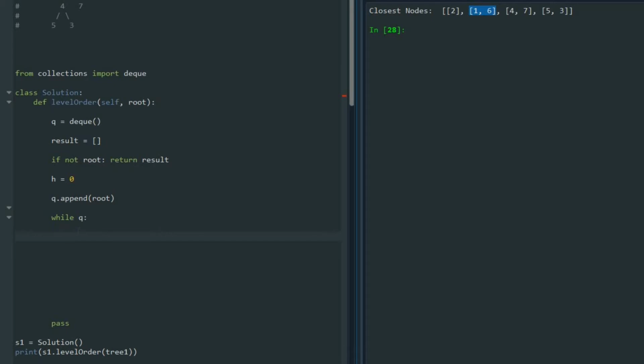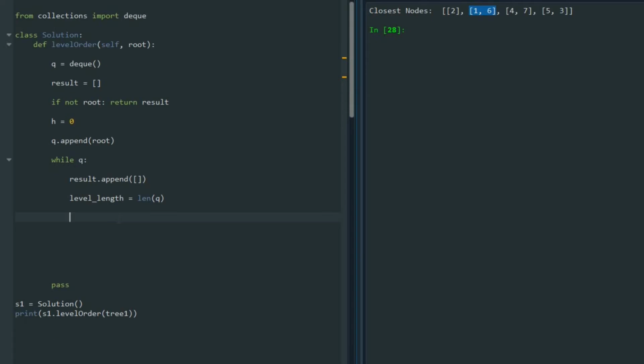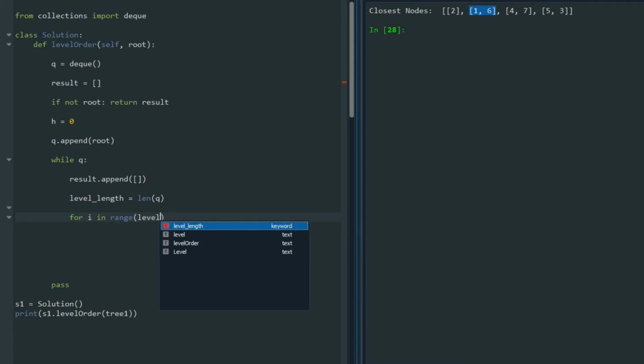I'm going to create an empty list for that specific level, so I say result.append an empty list. Then I need to know the length of that level that I'm going to visit. So I say level length equals length of queue. Okay, now we go for a for loop to search around it and say for i in range of level length,